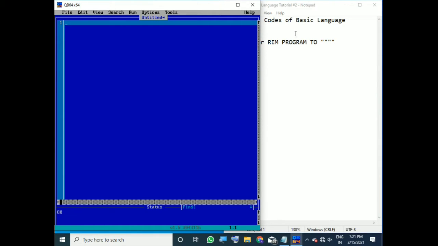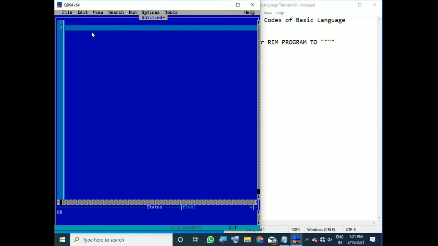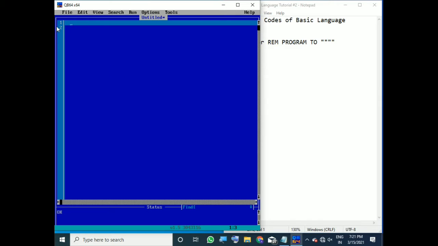It is showing the line number automatically. If I press enter, again one line number comes. This feature in QBasic is just a code editor, and basic language is a compiler. In this code editor, a very good feature is that it automatically gives you the line number.